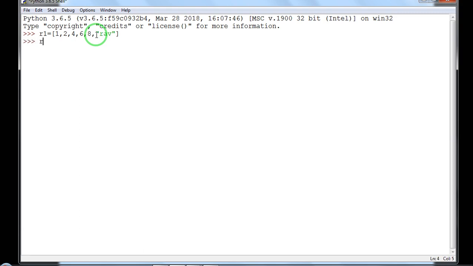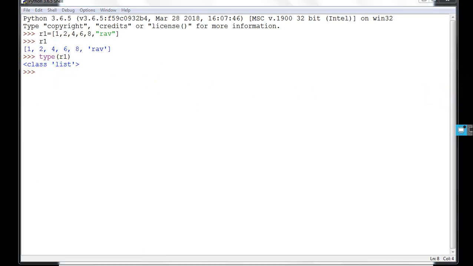Now R1 is a list. If you want to check which type of object it is, you can see class list. So in a list each and every element has an index number.